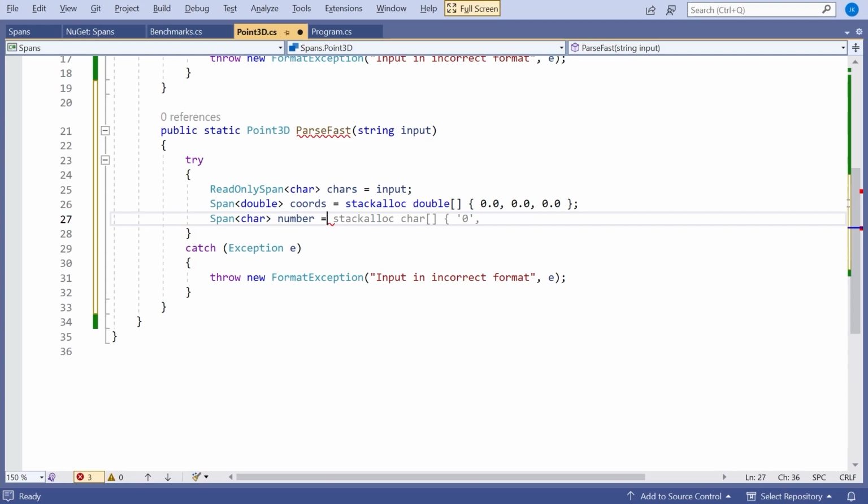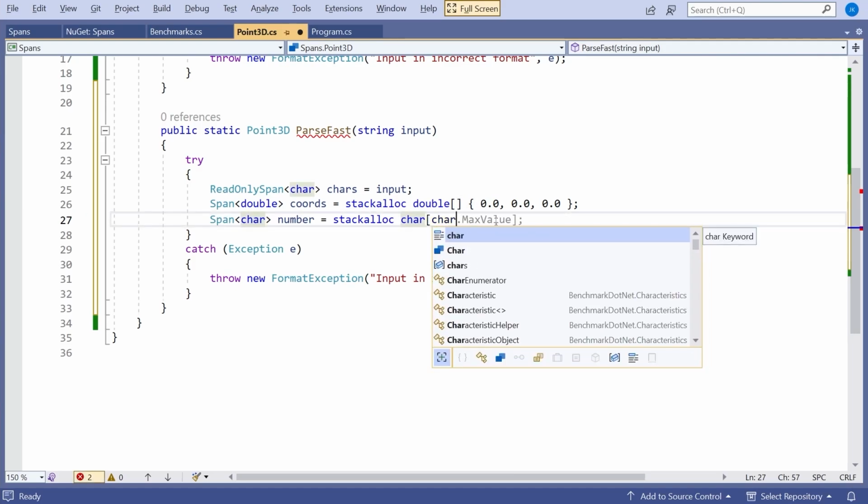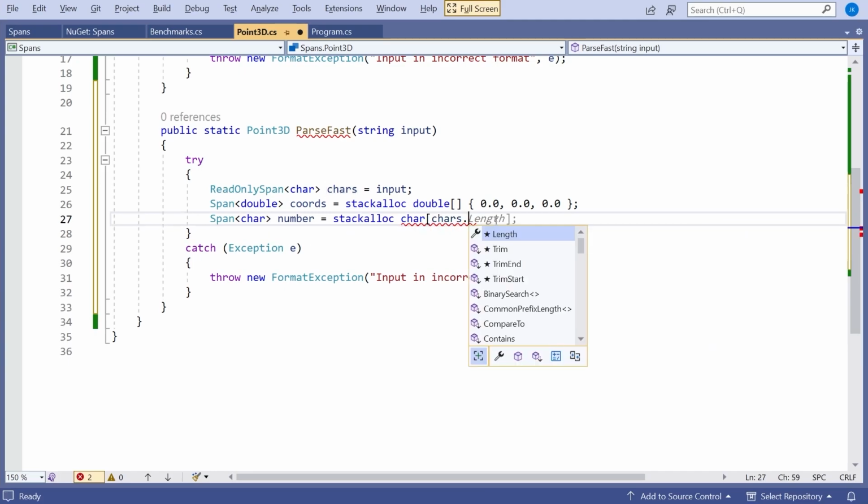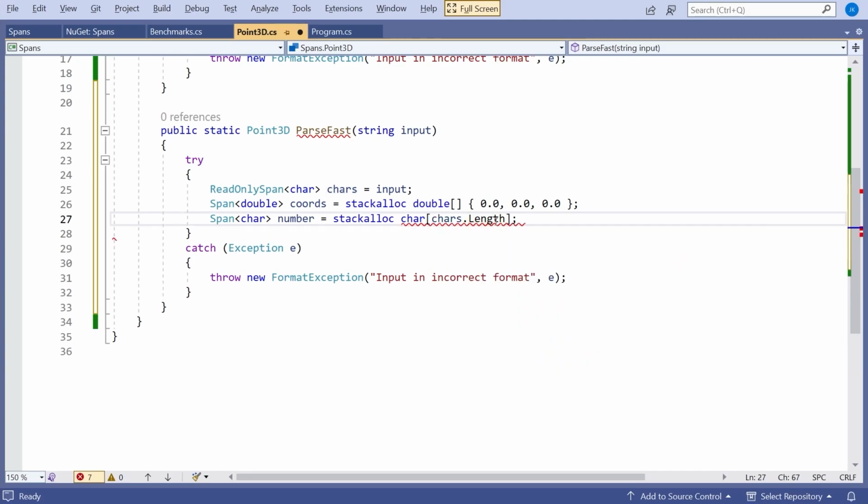So how many digits they're going to have. Because what I can do here, when I do the stack alloc, I can actually do it for the length of the entire input. So I could do chars.length, and clearly no individual number in that input, which is the same as chars, can have a length greater than the input, so we know that's going to be safe.